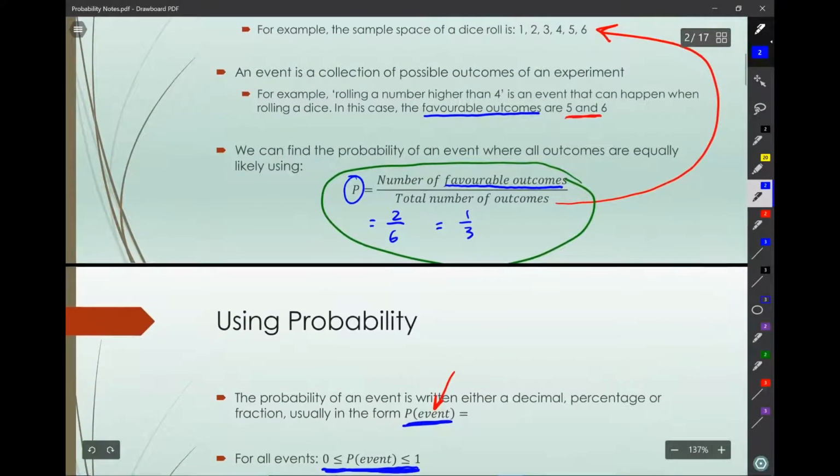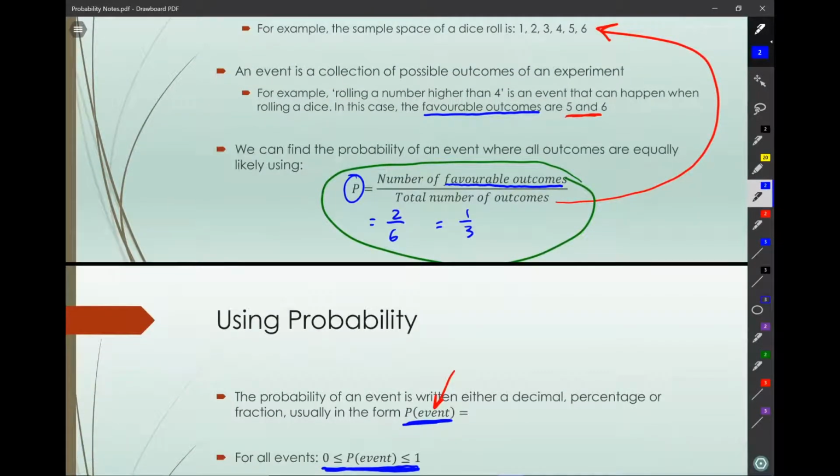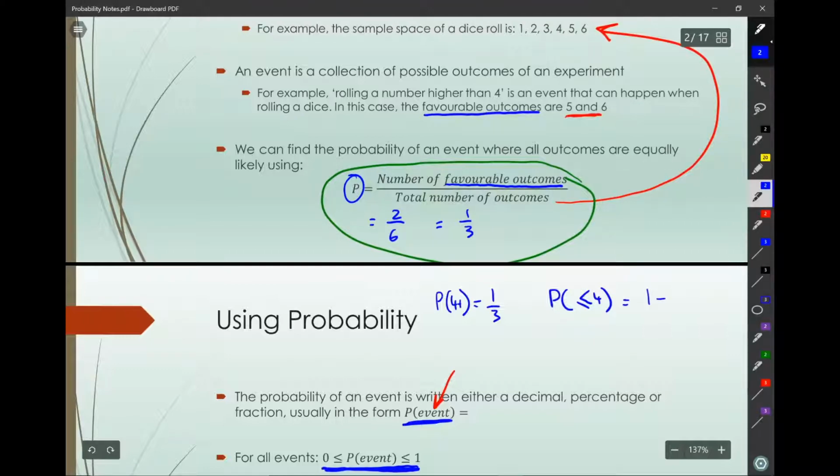So, for example, back up here, the probability of rolling a number higher than 4 is 1/3, like we calculated. And then the complement of that, the probability of rolling a number less than or equal to 4, is 1 minus this probability,